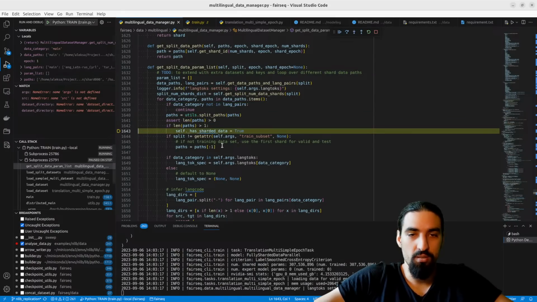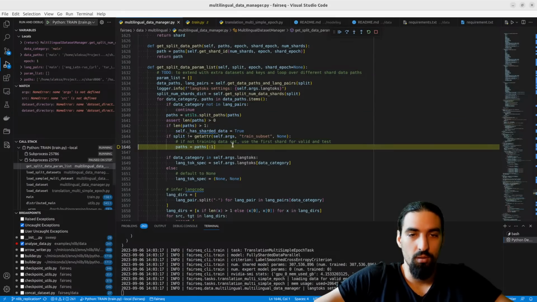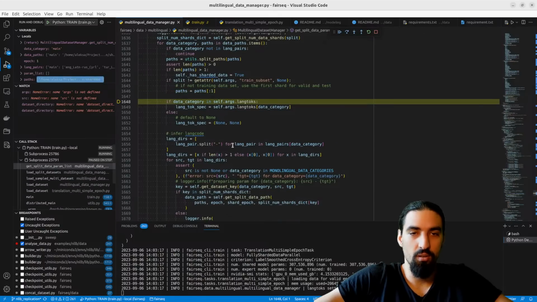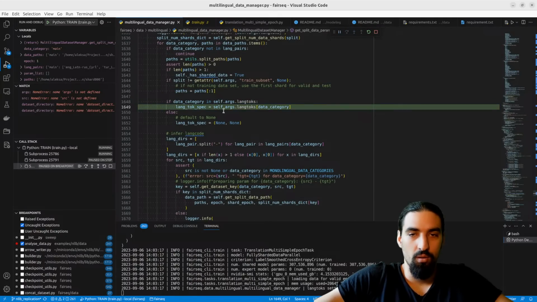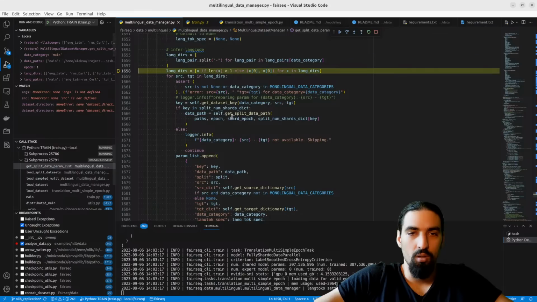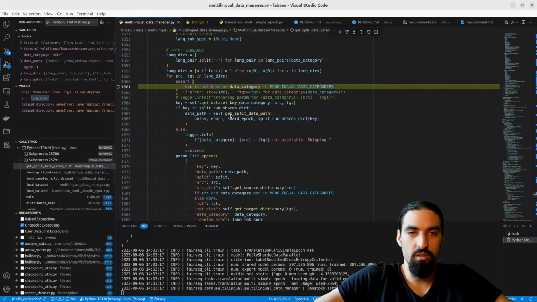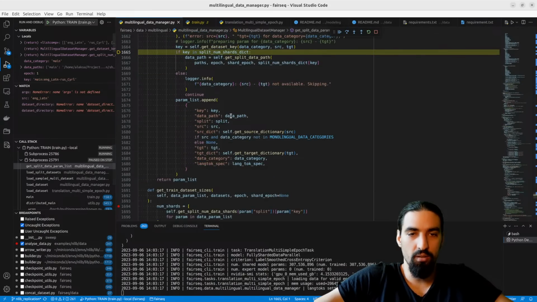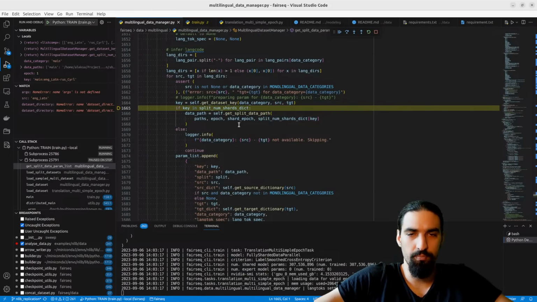Split the paths. Get sharded data. Get the language tokens. Get the language directory directions. And then the same logic here. Get split data path.